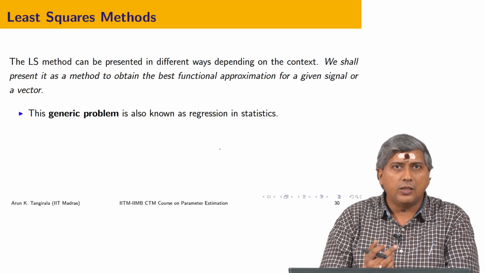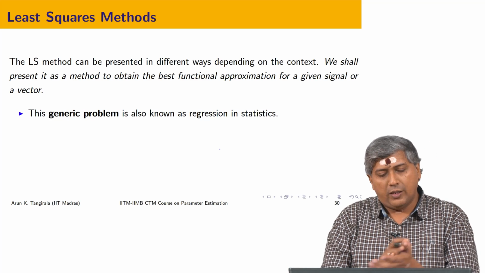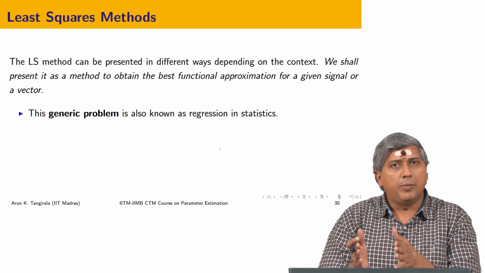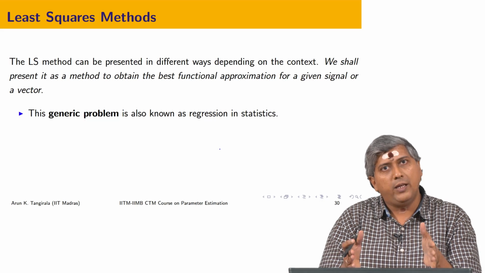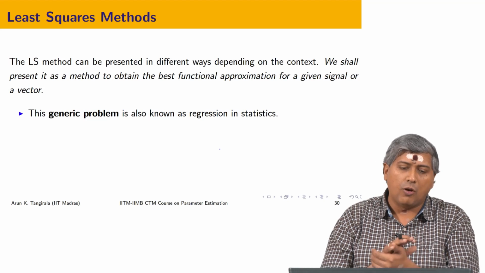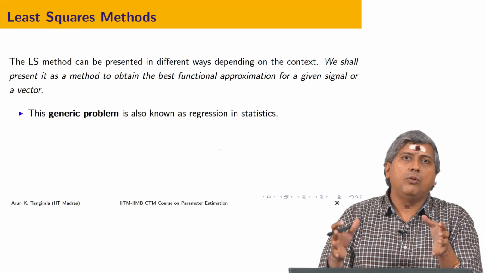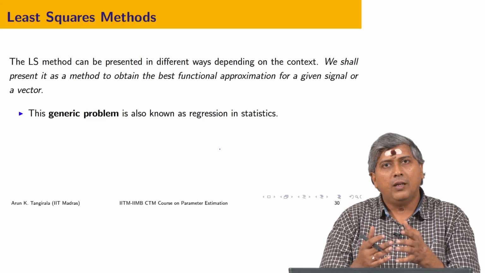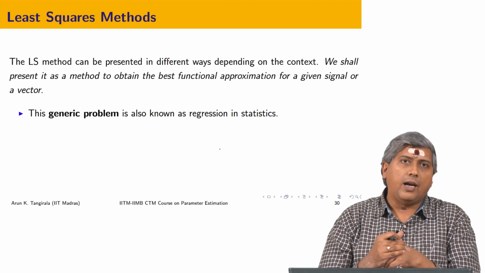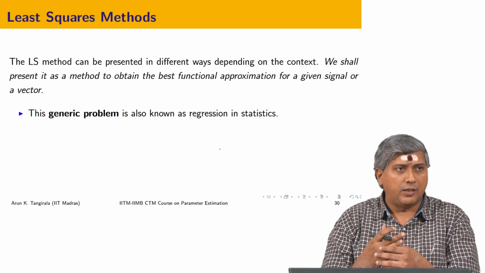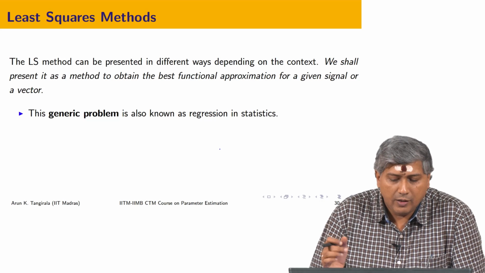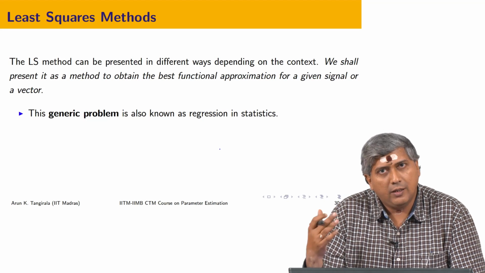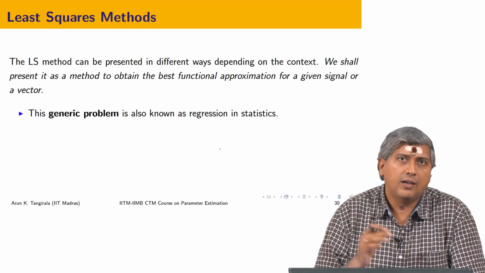As I had mentioned in the previous lecture, the least squares method is presented by different people in different ways, and it is after all an optimization problem, so it can be solved in different ways. Primarily, you will see 2 schools of approaches, or 2 philosophies. One, the statistical approach, and the other is the functional approximation approach. We will take the functional approximation route, but then gradually move on to the statistical school of thought.